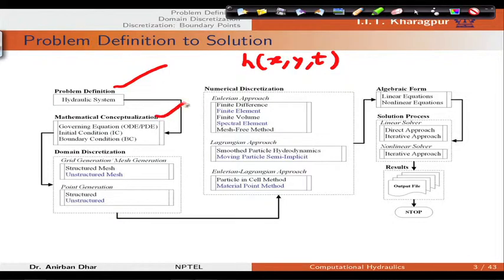So, in this case again we will be utilizing problem definition, mathematical conceptualization, domain discretization, numerical discretization. Obviously, we will be utilizing finite volume method, but the main difference with the confined aquifer flow